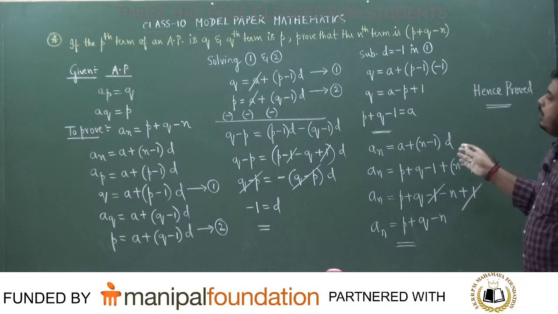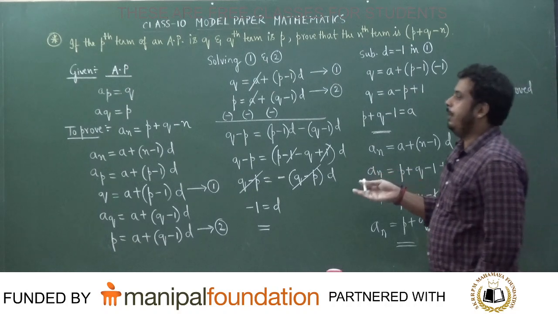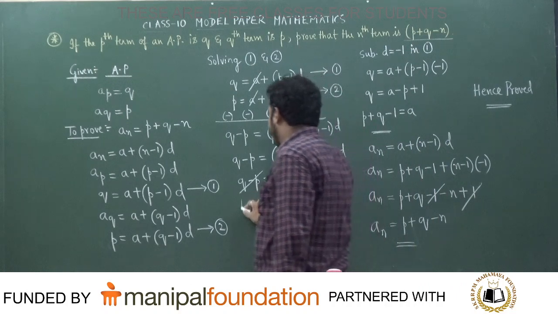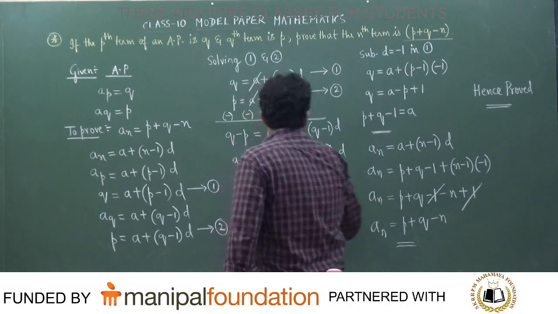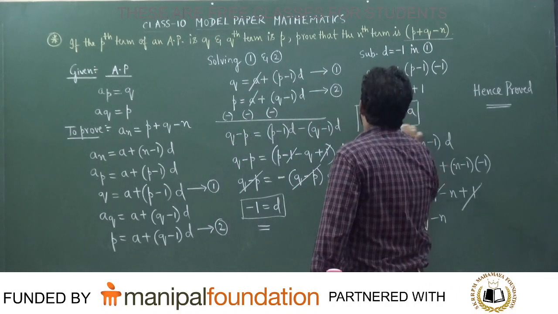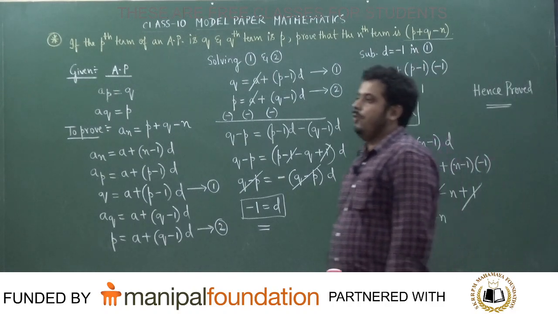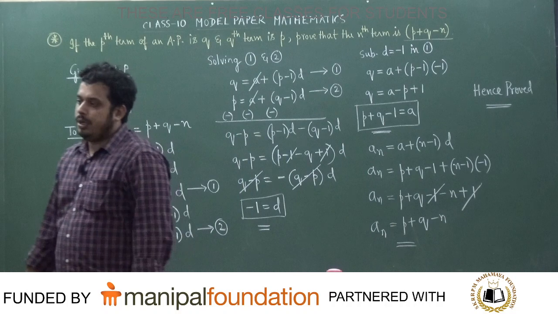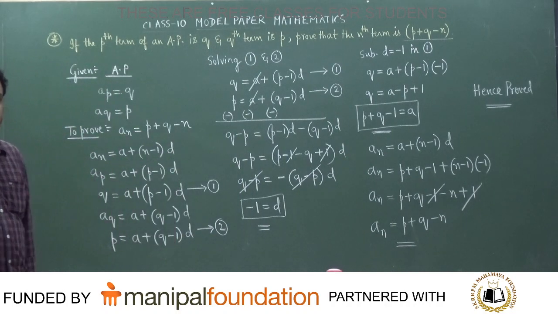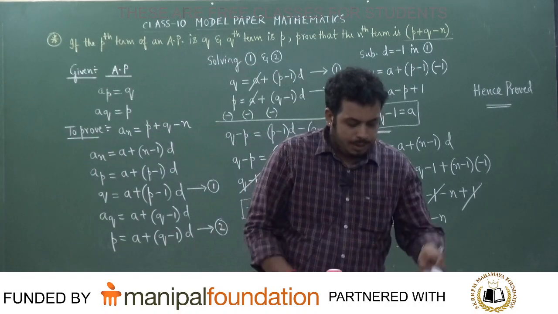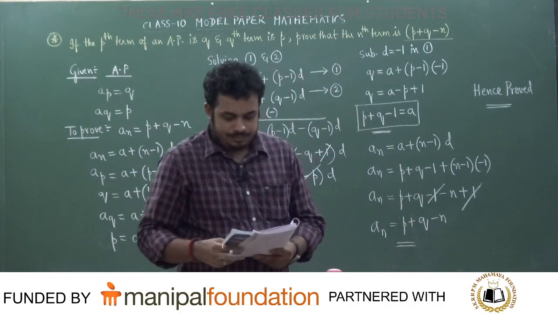So if you have to find out something, in the problem, whenever you have to prove something in AP, your first job is to calculate the value of d, then your job is to calculate the value of a. After that, substitute in the nth term formula, and you will get the answer to the question. All of you mark this question as important, students. Everybody must know how to solve the problem. Is it okay?